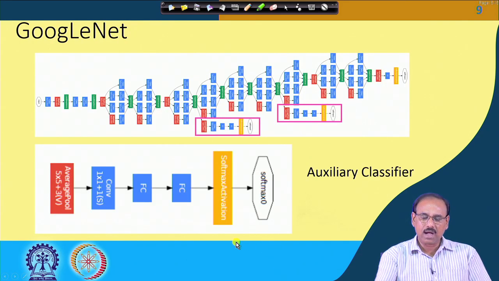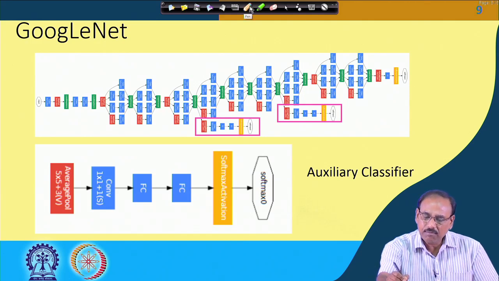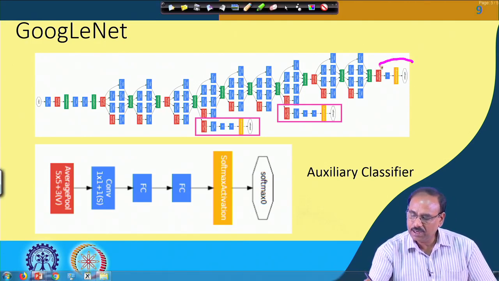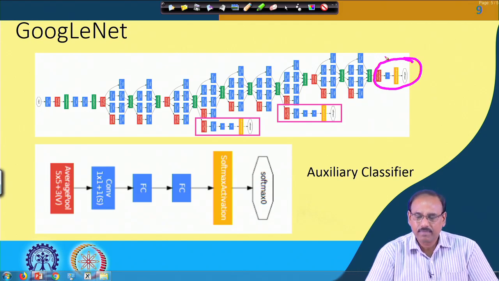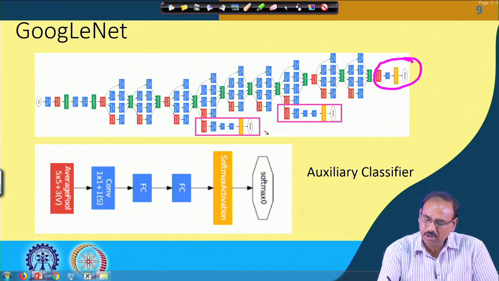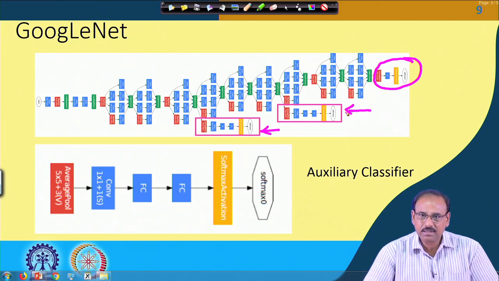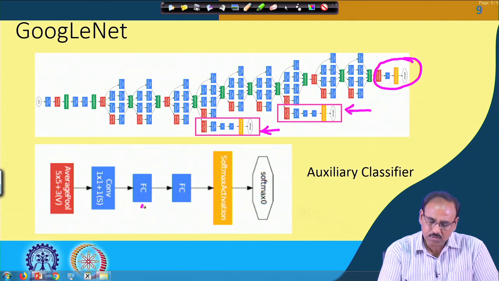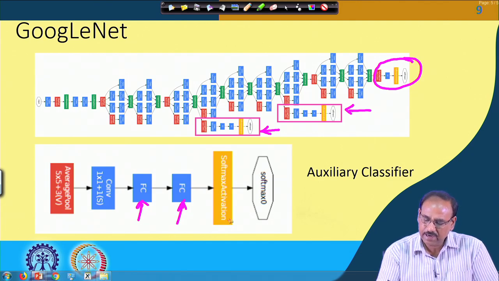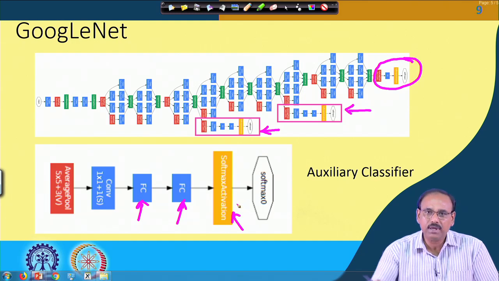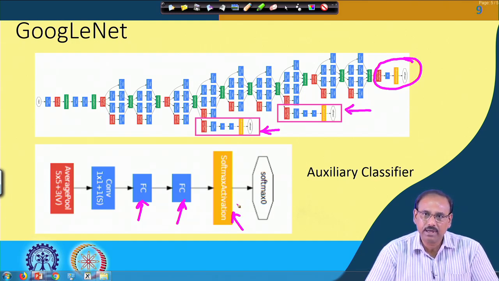Now let us just see how this GoogleNet tries to tackle the vanishing gradient problem. As we said, the final layers in the GoogleNet, which is over here, are actually classification layers. And you look at that this GoogleNet gives you 2 more classifiers which are known as auxiliary classifiers, which are added in the middle layers. These auxiliary classifiers have fully connected layers and a softmax activation layer, and the output of the softmax activation layer is actually your classifying output.